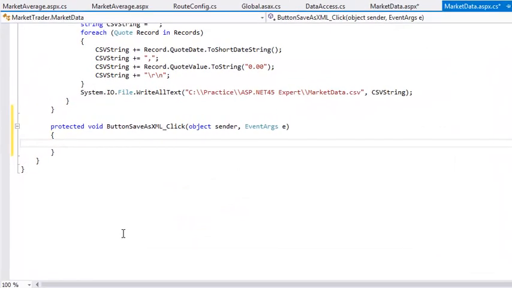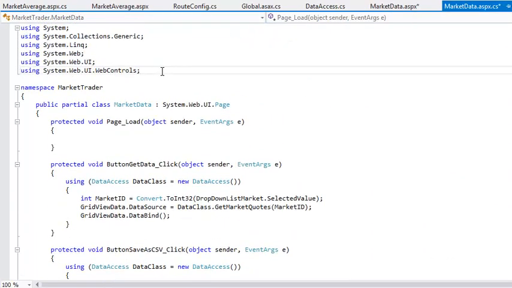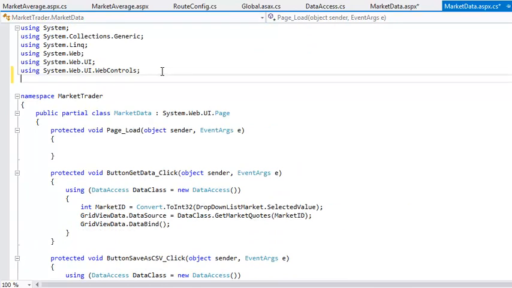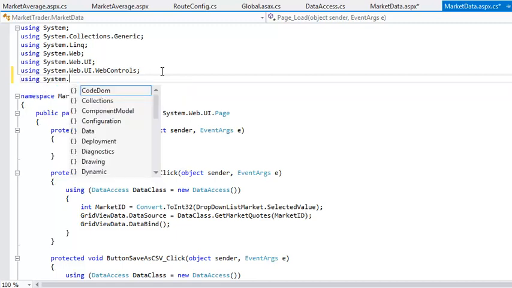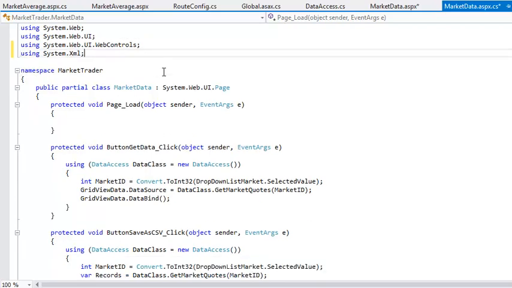Next, add a using line to the top of the code with the code using System.Xml. The System.Xml classes are used to read and write XML data. Now scroll back to the button Save as XML Click Event Handler